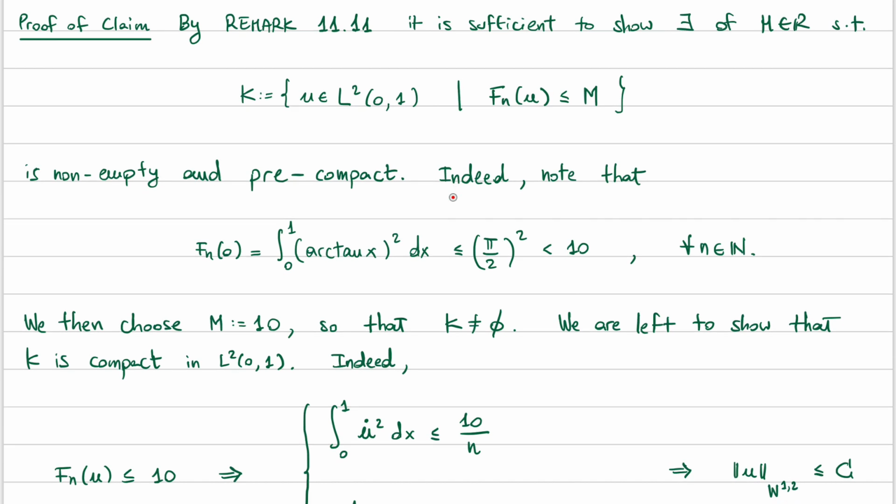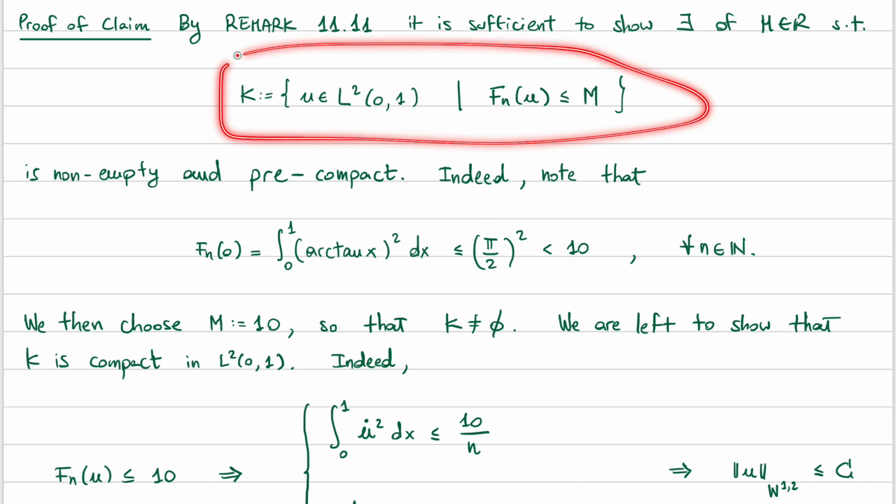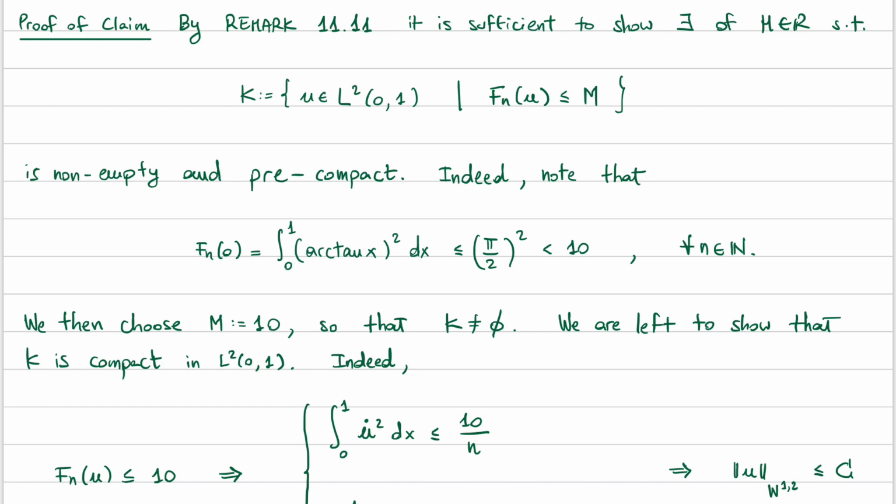Okay, so by Remark 11.11, a remark that we just did, we saw that it is sufficient to show the existence of some M in R such that this common sublevel set is non-empty and precompact. If we show that we can find M such that this set is non-empty and precompact, then by Remark 11.11 we conclude that the sequence of functions is equicoercive. And now let's just do that. So first of all, notice that